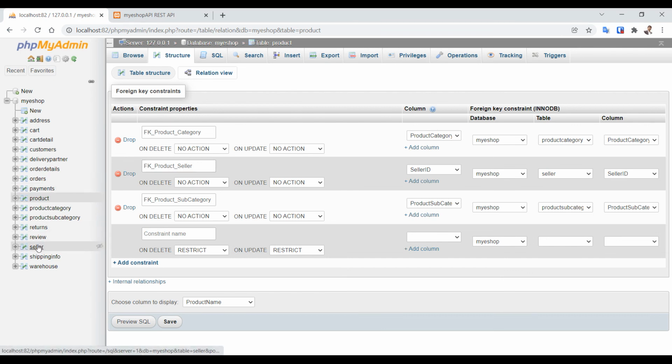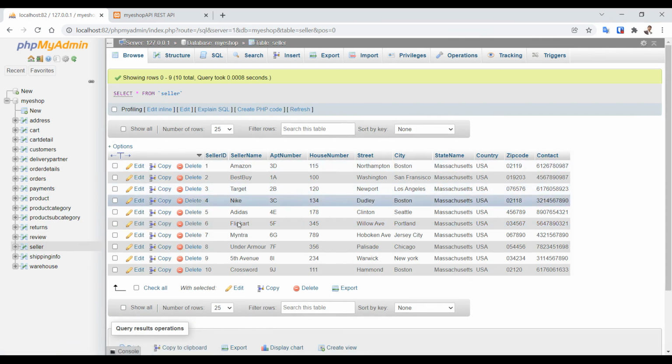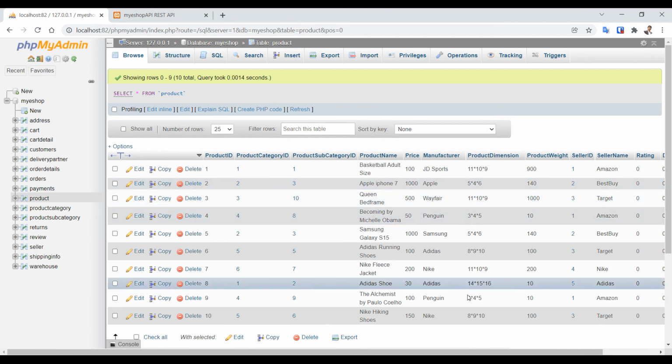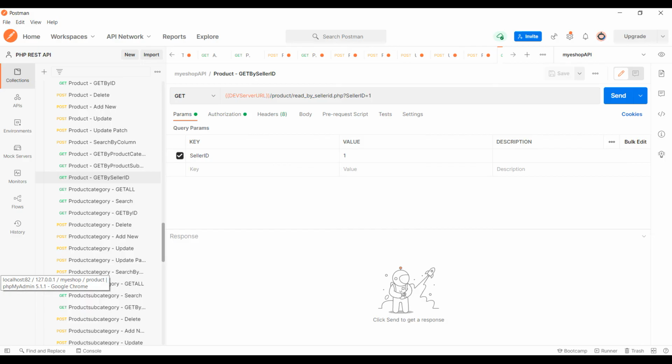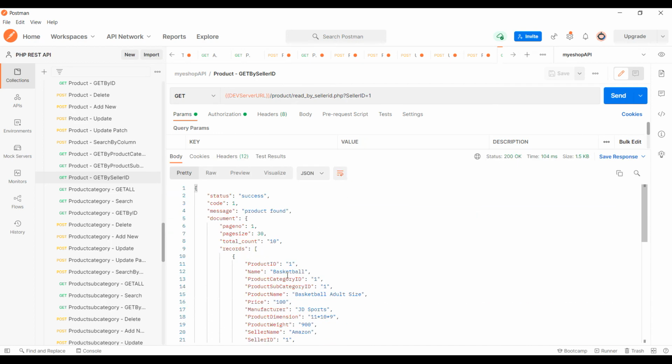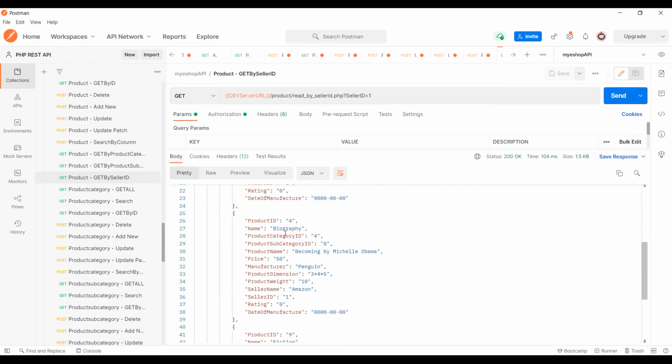I can see the seller table, I have this many sellers. Let's take seller 1 with product, so we have a product for seller 1. If I want to list all the products based on the seller, I can just say seller 1, send this record, and then all the products based on that seller will be listed.